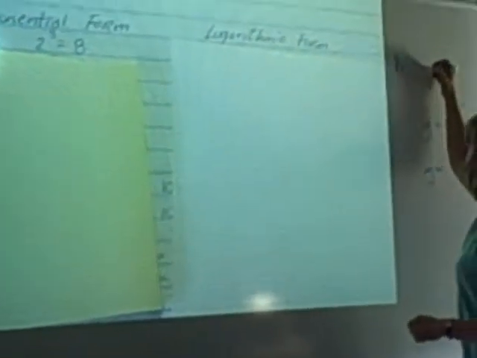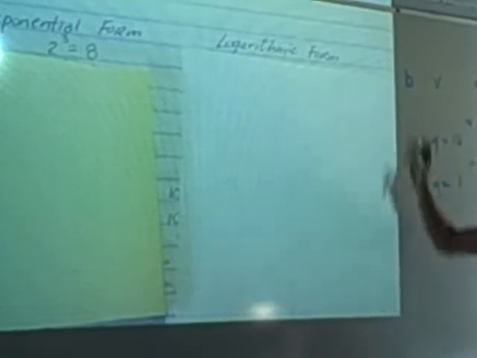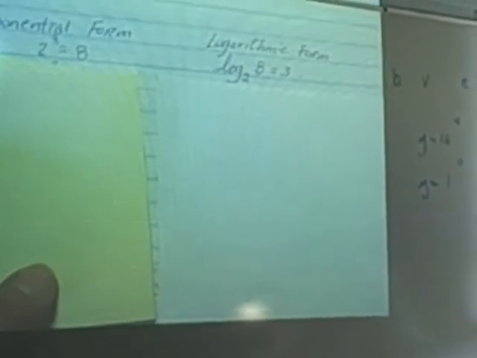Log, I'm starting with log. Log sub 2. I'm going to write that as sub 2. It's BE, base value exponent. Base, value, and then it's going to be the exponent. So it's going to be log 2, right? There's my base. Log base 2 of 8 equals